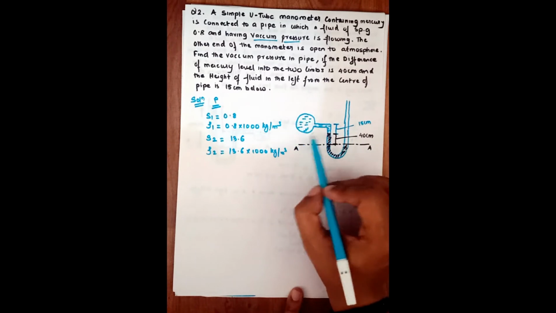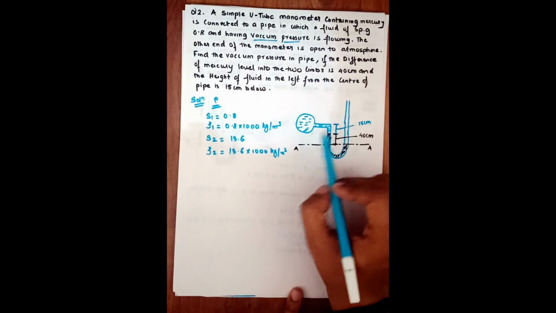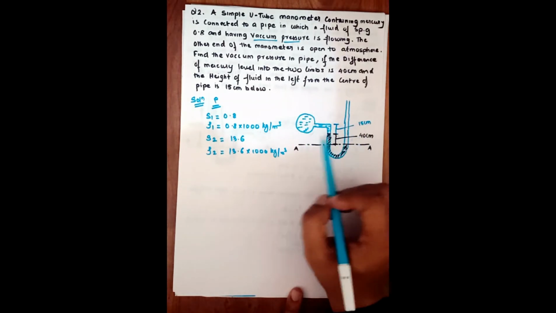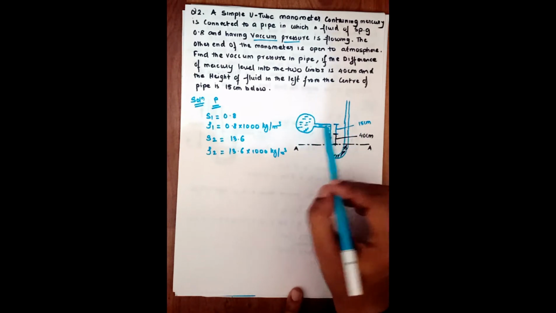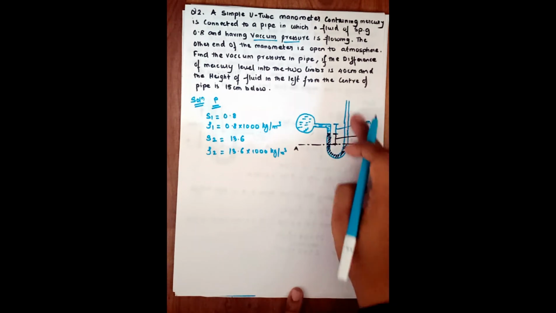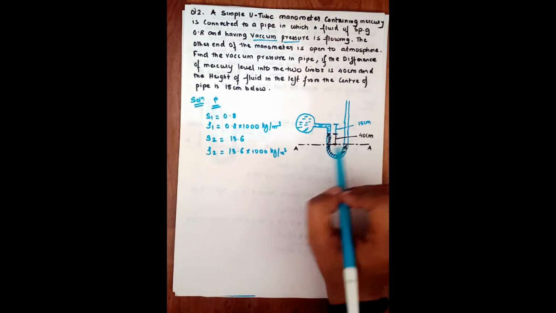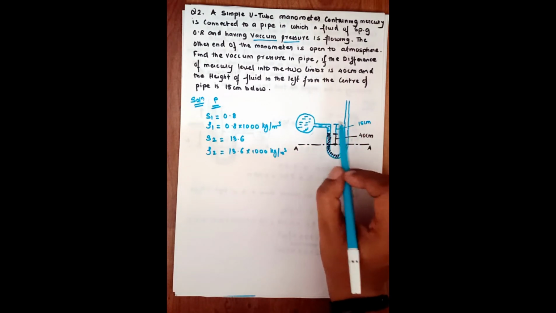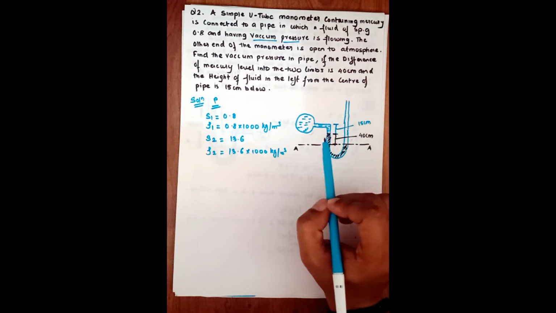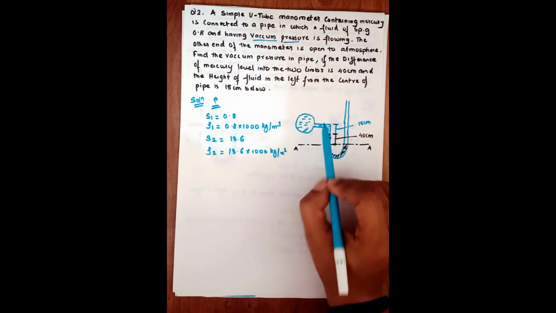So we need to calculate the vacuum pressure. Vacuum pressure always comes out to be negative. Okay, so we will see how it is coming out to be negative. The diagram for vacuum pressure will be different. The only difference is that it will not contain any fluid above section A on the right column. I have already shown you this in the previous video, so please go and watch the previous video for that. After that we will see what we need to calculate.